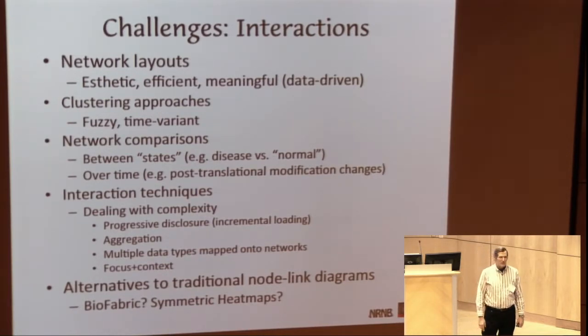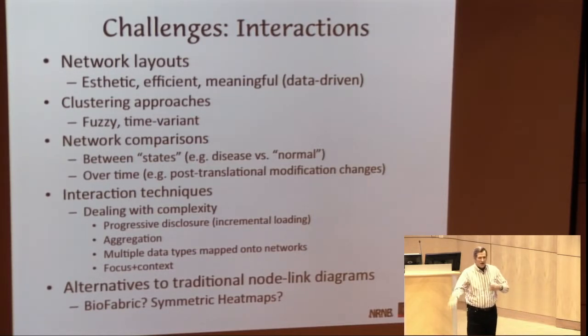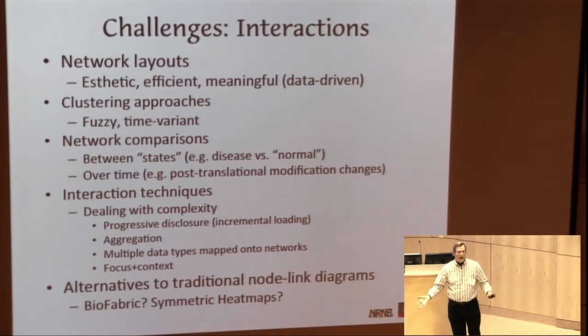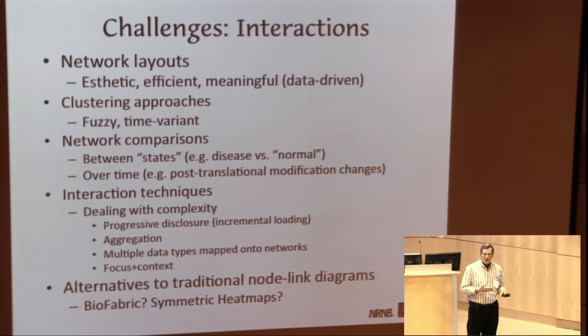Network comparisons. One of the things that we really want to be doing is comparing networks between states. So I have a state of tumor, not tumor. How do these two networks change? Between species, there's some really nice work that Krogan and Eidecker did comparing Cerevisiae and Pombe. They showed how a portion of the network was rewired by this network comparison.